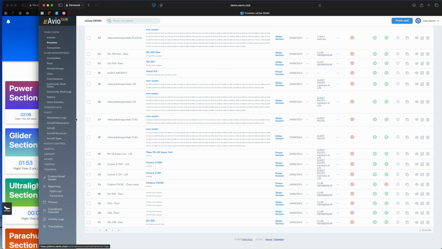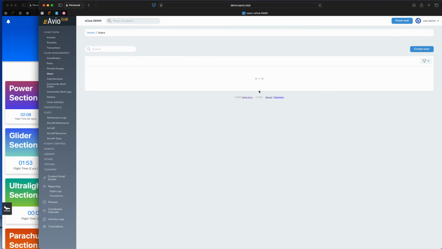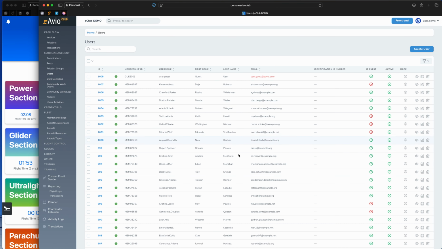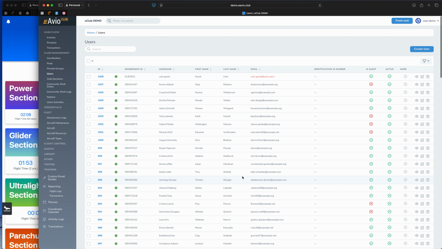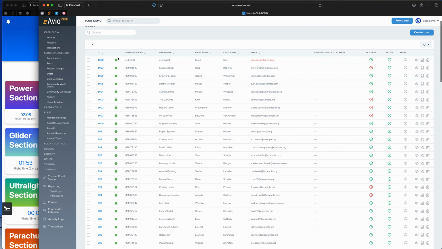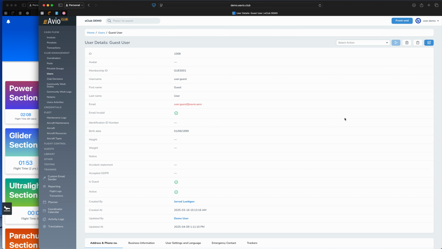Club management. The most important part here is this user table. All the users from your section are listed. If there is anything wrong with the licenses or whatever, you will see a red mark here. This is quite a quick indication something is wrong. If we go in,